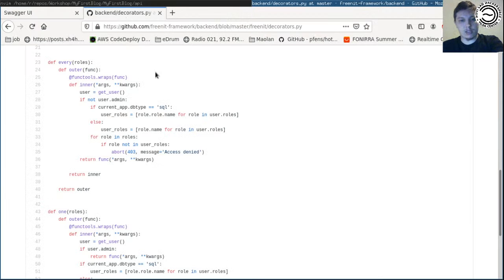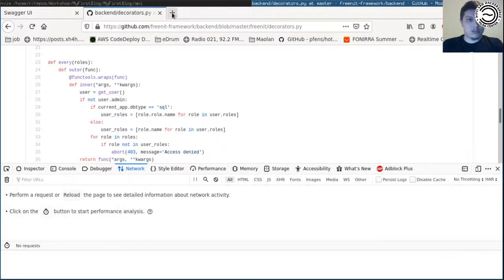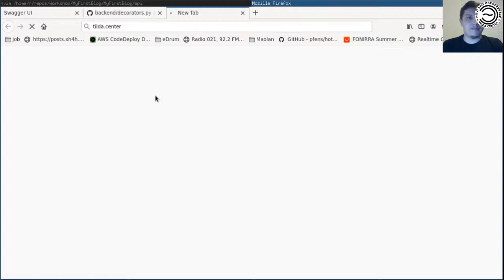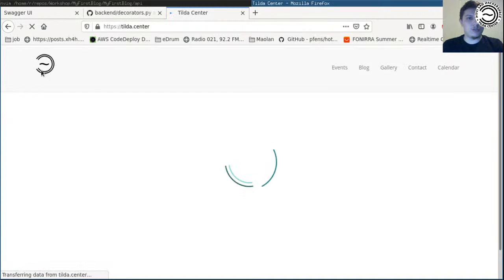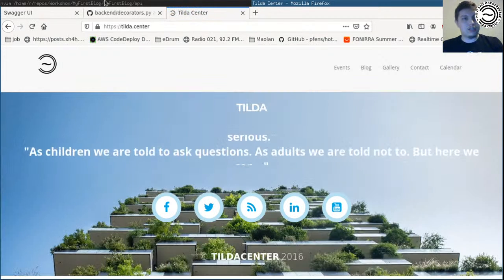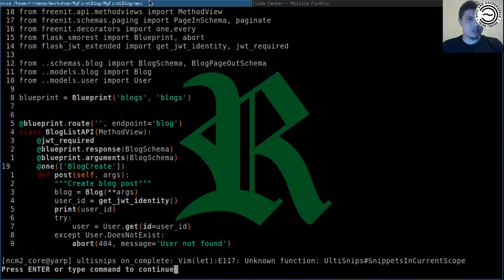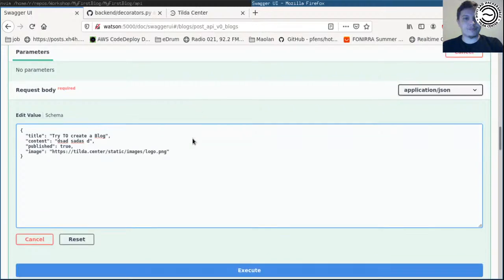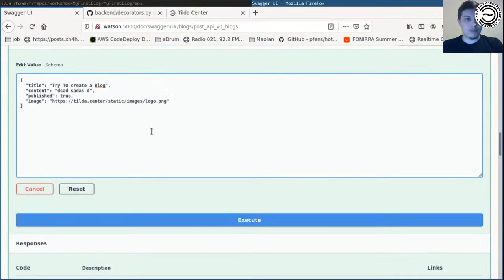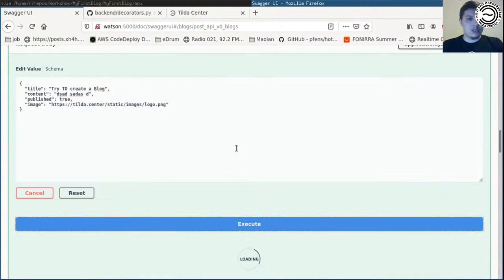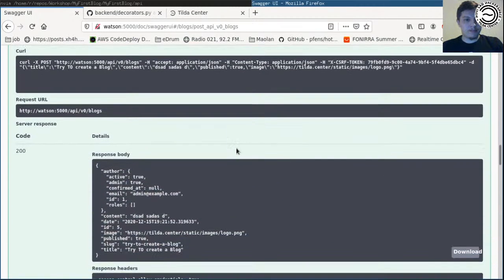can I do something like this? No, it's quite easier to go, I like using the tilde center image as, did I copy image location? Yes. And let's paste here. Cool. So I'm just going to copy and paste all this text, so I don't need to edit it later. So go execute. Okay, I did create